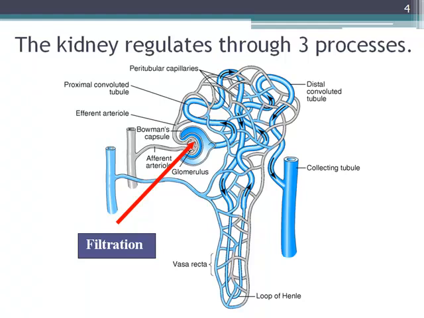Now, does everything that's filtered stay in the renal tubule? No. Some of it is reabsorbed. So reabsorption is the movement of substances from the renal tubule back into the bloodstream. So a lot of things are reabsorbed. One of the big ones that we think of is glucose. So glucose is filtered, but usually we don't have glucose in our urine, right? That's because it's reabsorbed. Now in diabetics, when your bloodstream level of glucose gets over about 180 or 200 or so, it overwhelms the ability of the kidneys to reabsorb it, and so glucose begins to